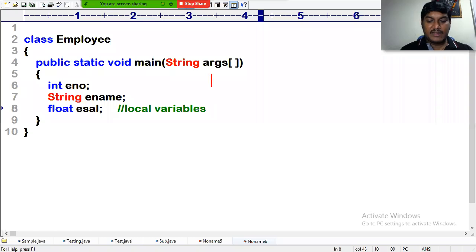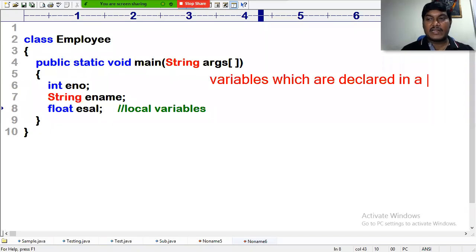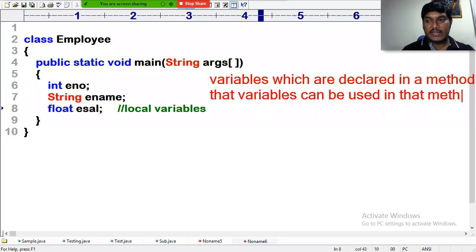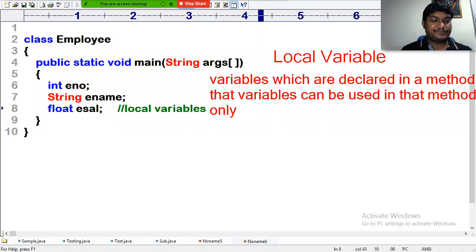Variables declared within a method can be used in that method only. That is called a local variable.